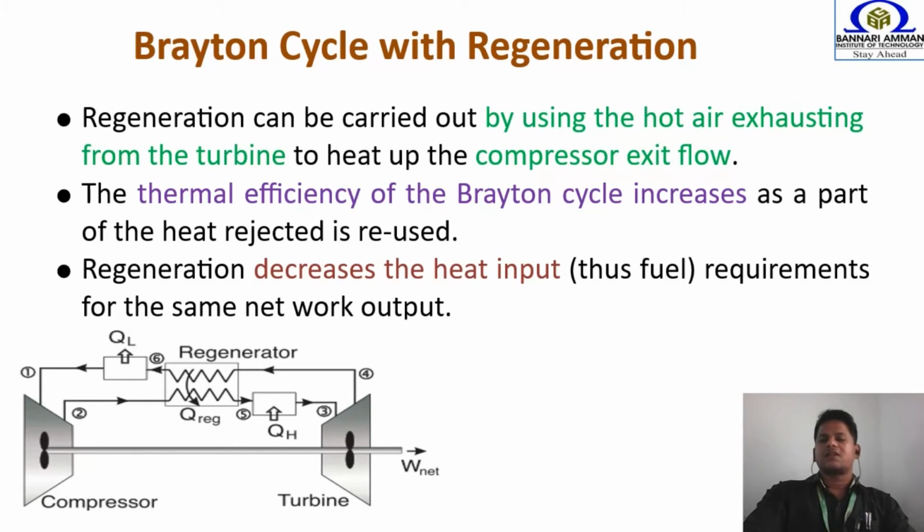So in regeneration we are utilizing the waste heat, or recovering the waste heat energy which we are dumping into the atmosphere. So we are getting two advantages. One is that, as much as possible, we are reducing the pollution. Second, as much as possible, we are increasing the thermal efficiency of this Brayton cycle by absorbing the waste energy. In the expanded gas we have an enormous amount of thermal energy available in the form of waste heat. So we are recovering the waste heat from that expanded gas.